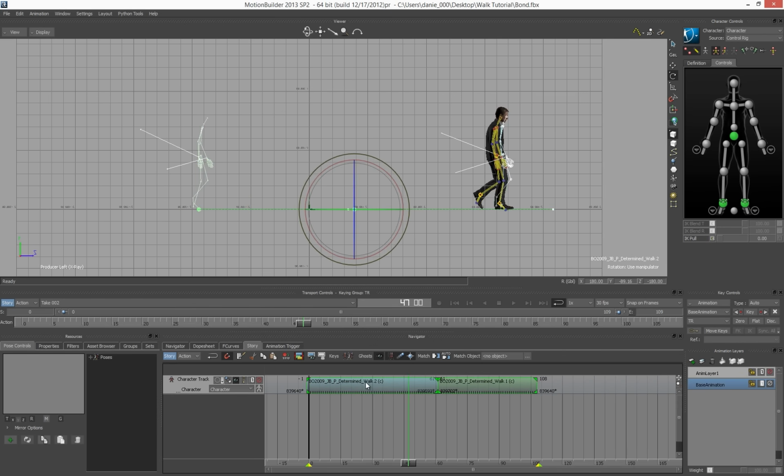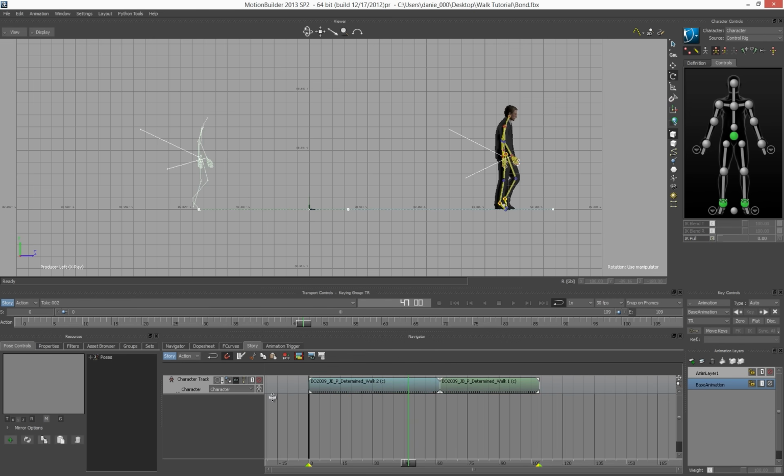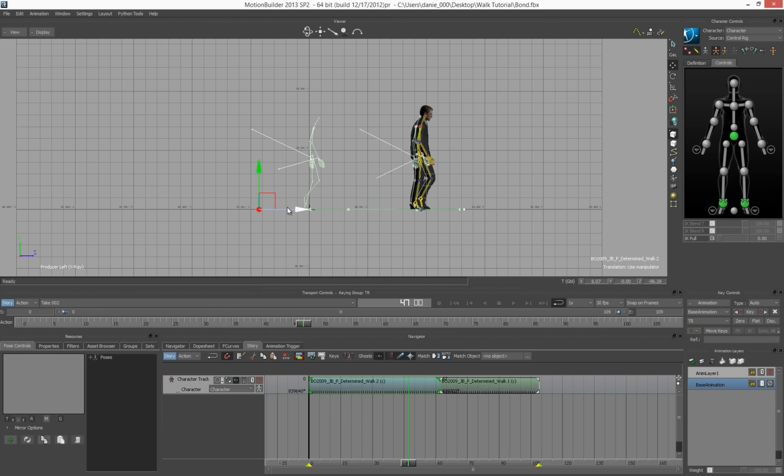I'm going to drag this back, and you see we've still got ghosting on, so we've now got information about where each of these clips start. This is where this clip starts, and I'm going to go into translate, here, I'm pressing T, and I want to make sure that I'm in global, and I'm going to translate this forward, and then I'm going to click this, and translate it back